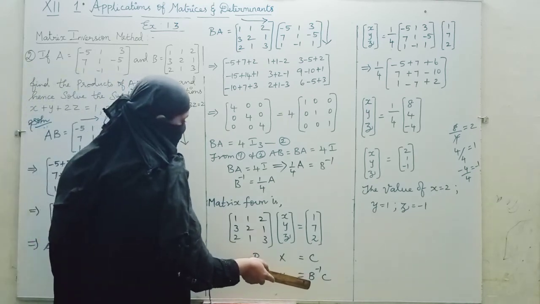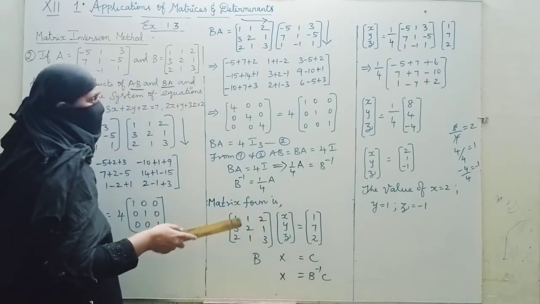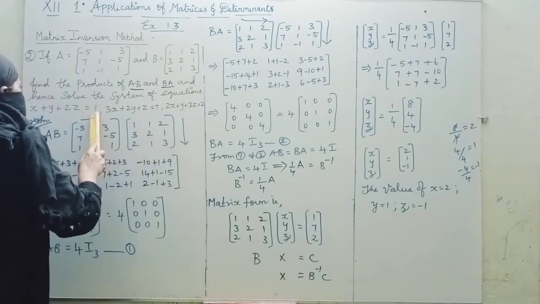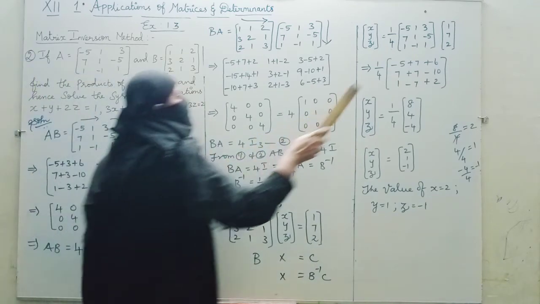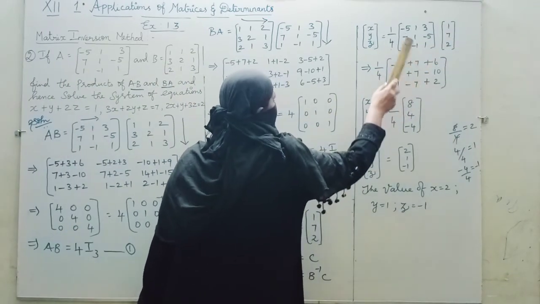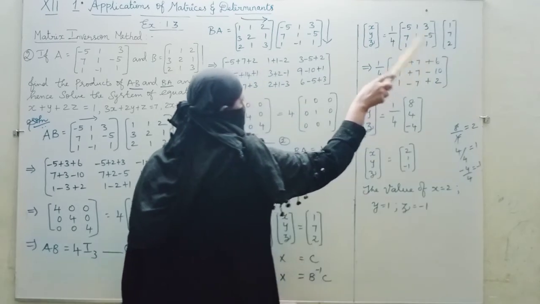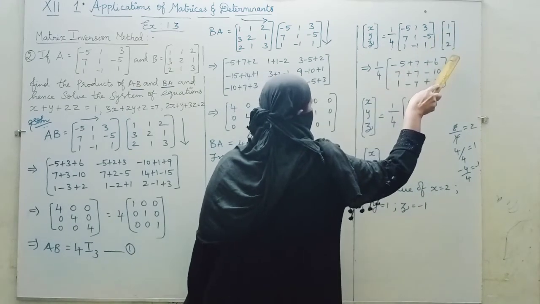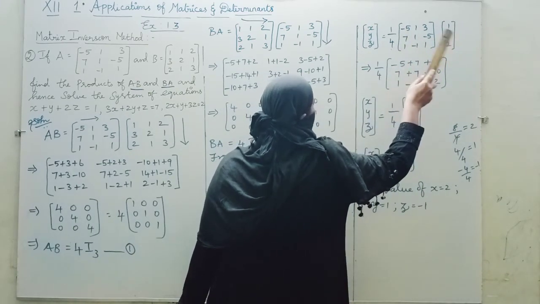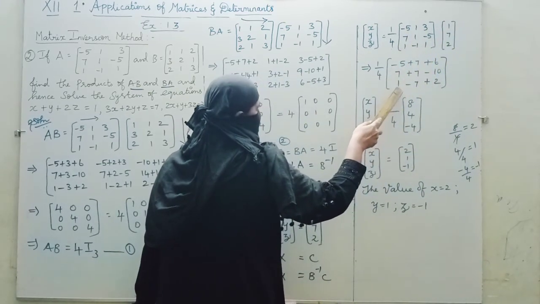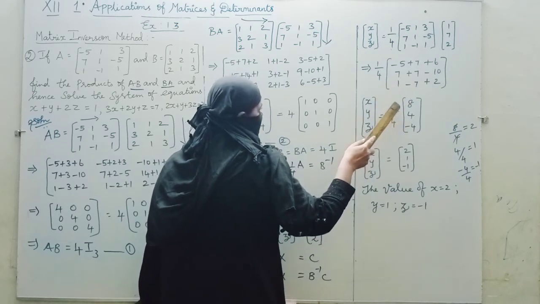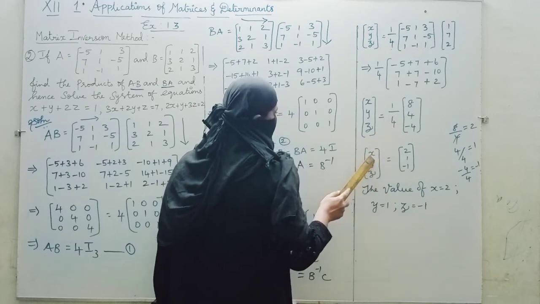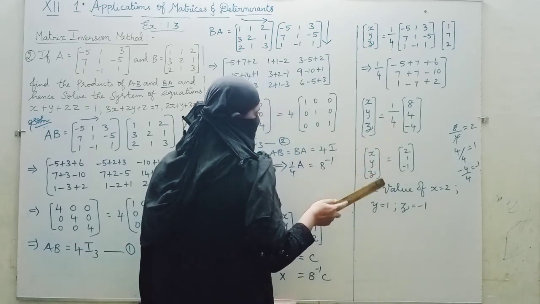Already we found the value for B inverse, 1 by 4 times of A, and then 1 by 4 times of A into C. What does C mean? This constant numbers only we are taking as C in this one. So these constant terms you can write it and multiply first row and first column. Similarly second row, first column, third row, first column. Here only one column is there. So you can multiply with row and column and you will get one answer. Simplify that answer. If it is any multiples, you can take it out as common and simplify it. You will get the unknown values x, y and z. That's all.